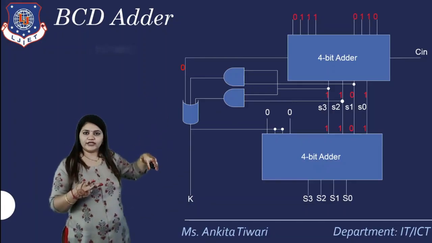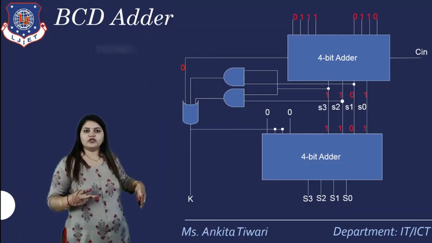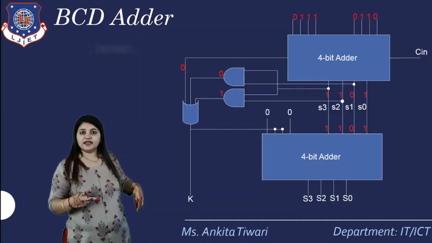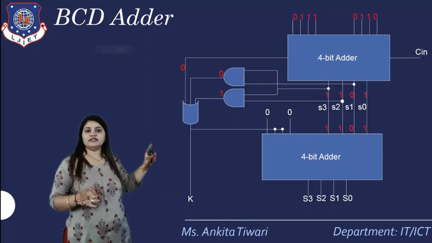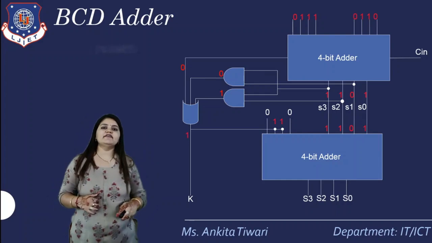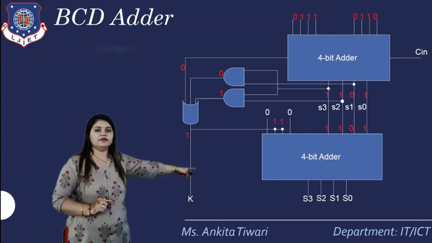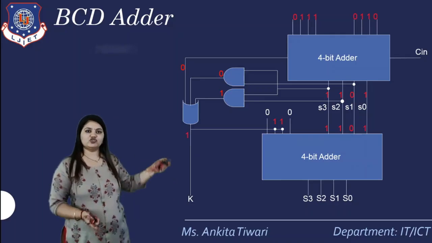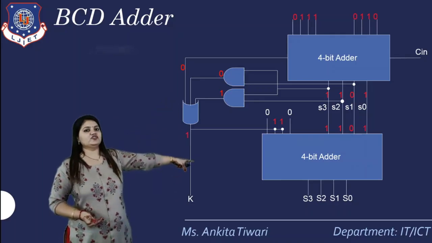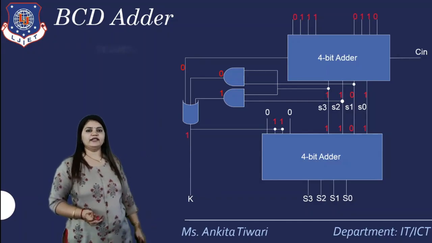Now we'll see the two more conditions, S3 S2 and S3 S1. For S3 S1, we got the value 0. Now we'll see the other one: S3 and S2, we got the value as 1. So S3 S1 value is 0, but S3 S2 value is 1. So we get the C value as 1. Now that will be passed to the C input. Now it will become 0110, that is 6. That means you have to add 6 to the sum that we got, that is S3, S2, S1 and S0. We'll add it and we'll get the answer.